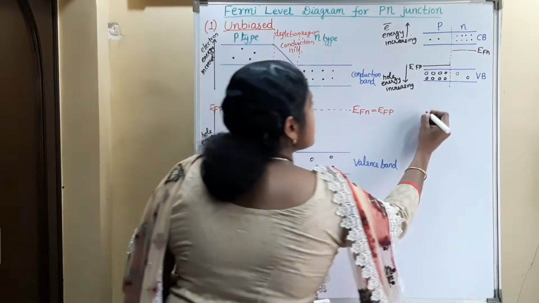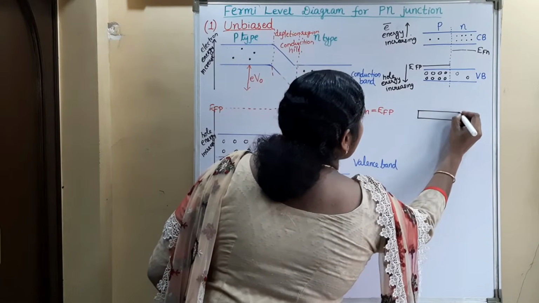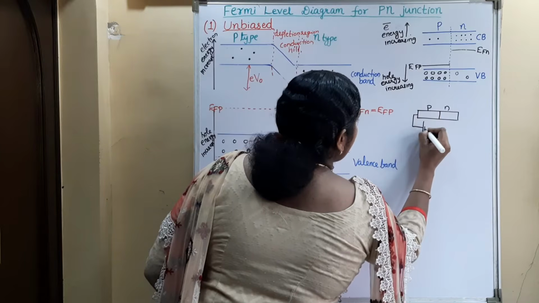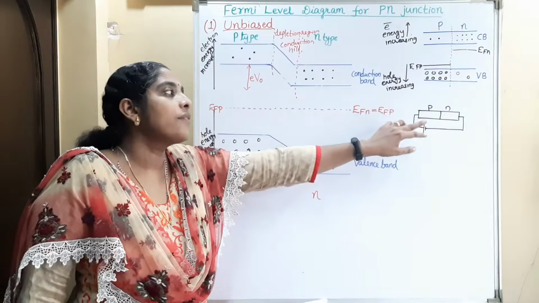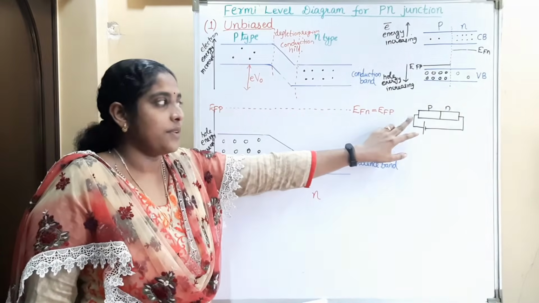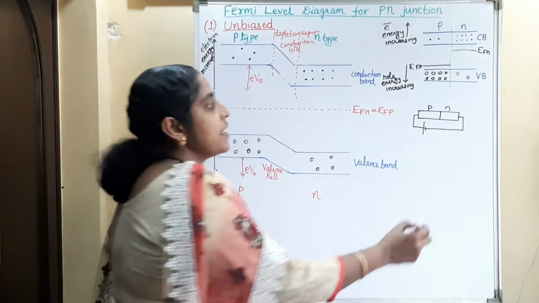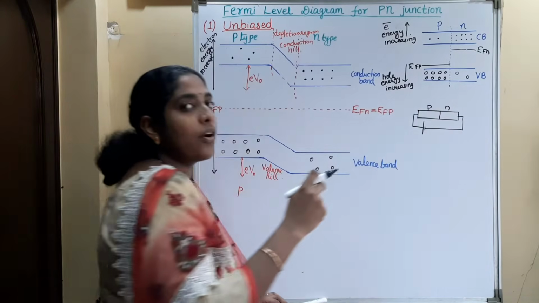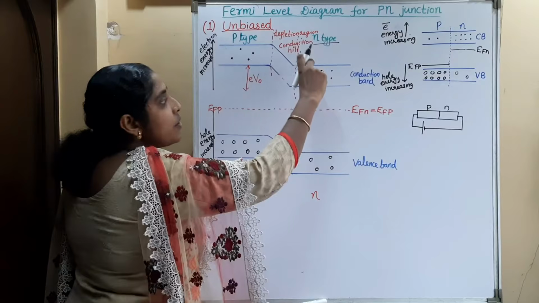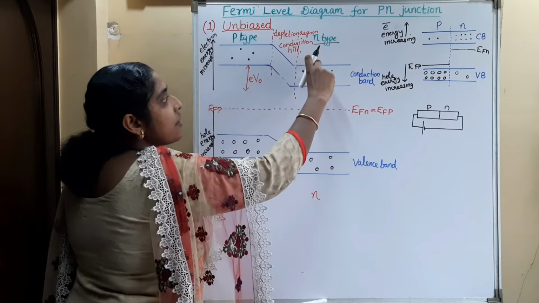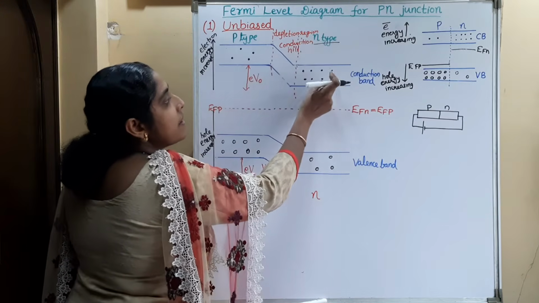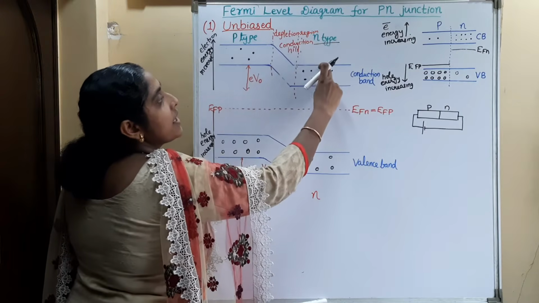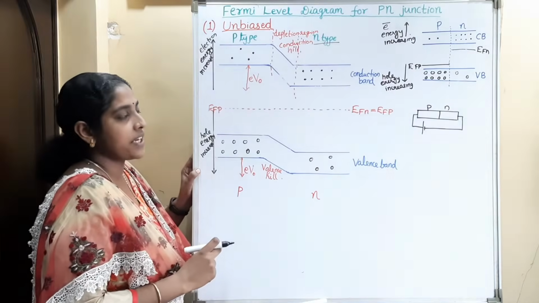During forward bias, the P region is connected to the positive pole of the battery and the N region is connected to the negative pole of the battery. The forward biasing favors the current flow. That means in the N region, the electron energy will increase, and in the P region, the hole energy will increase. Because of the increase in electron energy in the N region, the band structure in the N region will shift upwards. That is, electron energy increasing is in the upward direction.